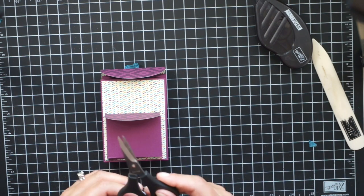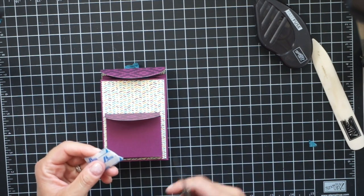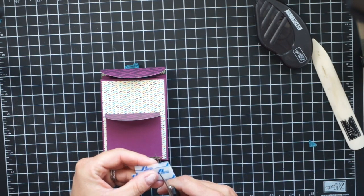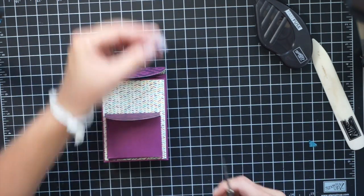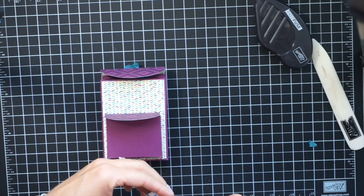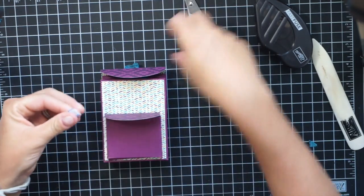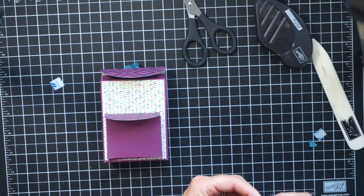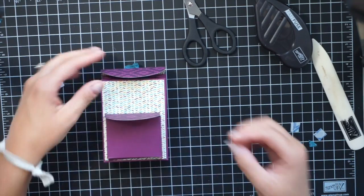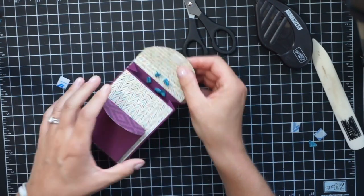And that is how these scissors got sticky. So you might want to not use your paper snips and use some other scissors that you don't care if they get sticky. But so just cut off a piece of this Velcro. I'm just going to cut this piece down the middle. Take the backing off